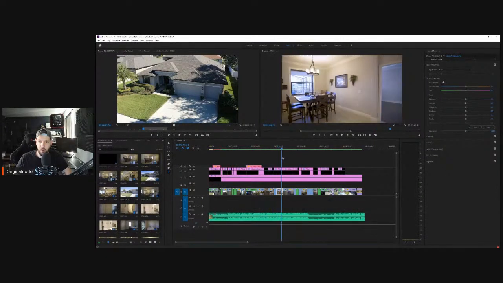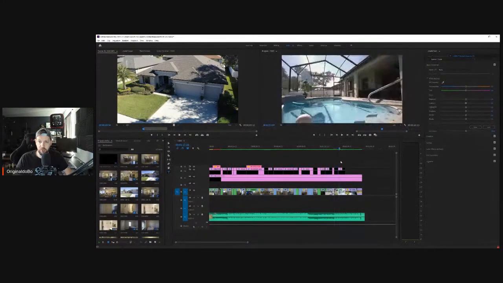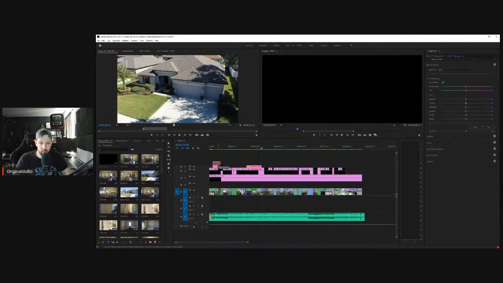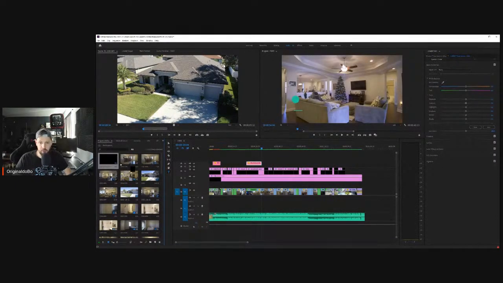I sort of feel like I want to add just a little bit of additional saturation to this just to make it pop. Just like maybe 0.5. Nothing crazy. Just to make it a little bit more, and maybe not even on the DJI footage, because I feel like the DJI footage is really good as it is. Maybe go 10. I don't know. I never like to saturate it, but real estate agents